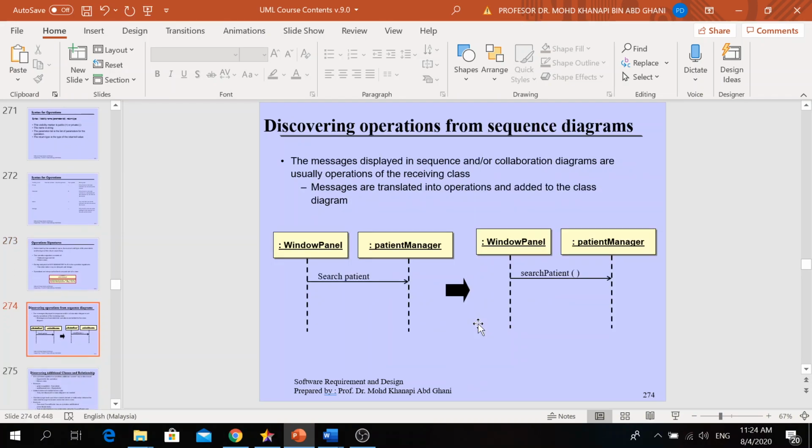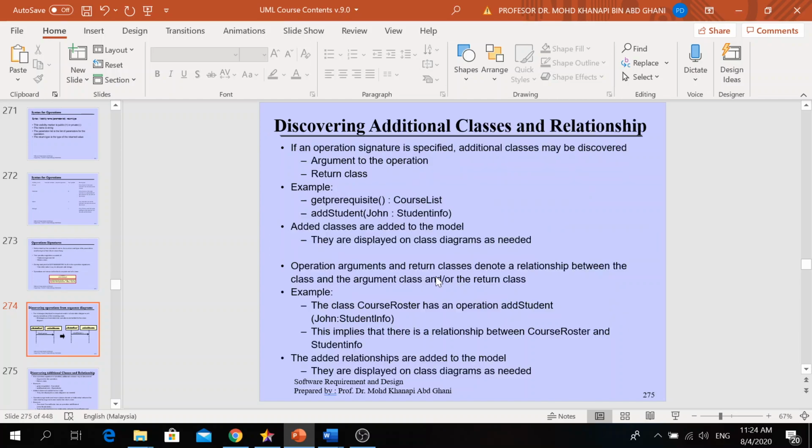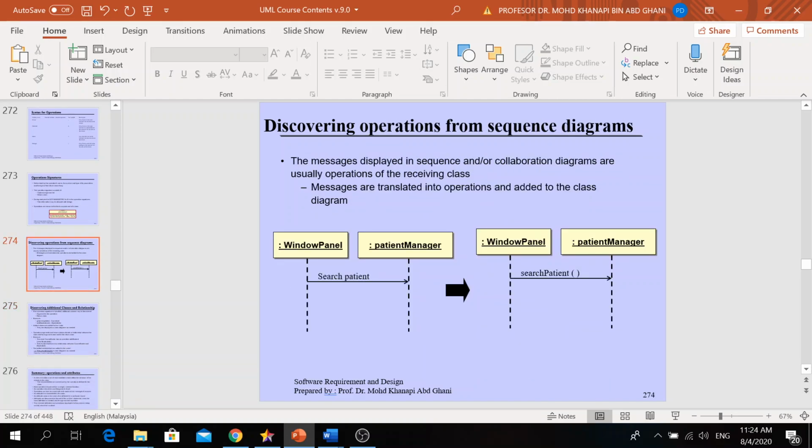This is the process of how you discover the operation. Operations or attributes can be discovered through your sequence diagram. In any case of system analysis or object modeling, you need to refer to your use case specification.